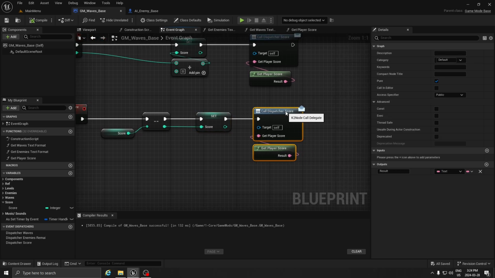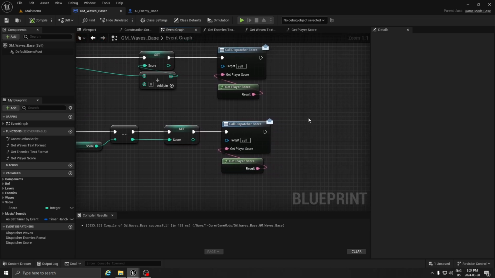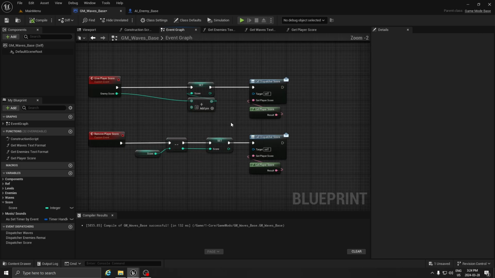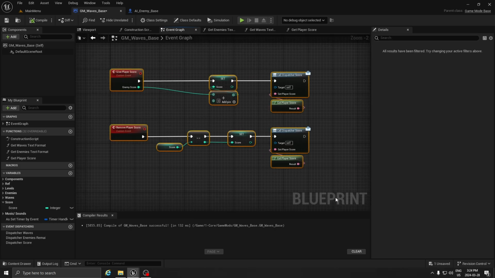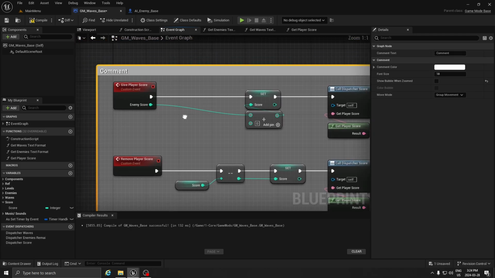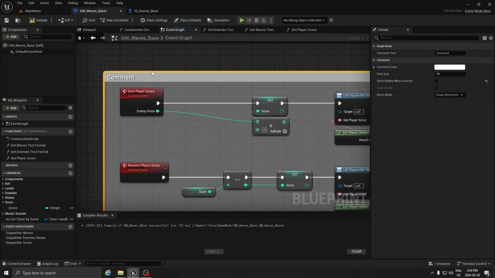It's going to call the event dispatcher to tell it there's something going on, and it's going to display in a corner that the score has changed, and adjust that value in consequence. So we can take all that. We're going to do C for comment on it, and oops, I lost track. So this is just going to apply player